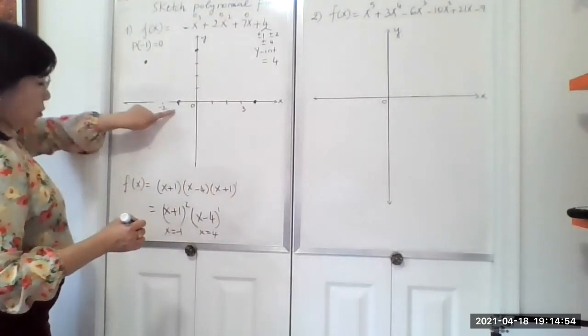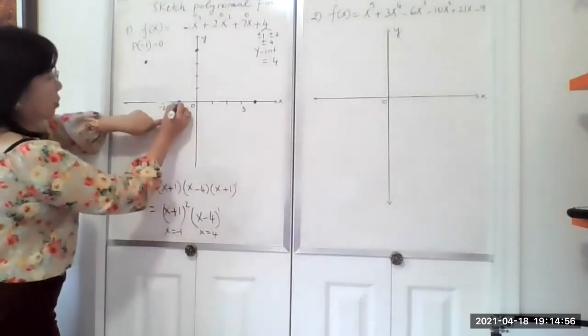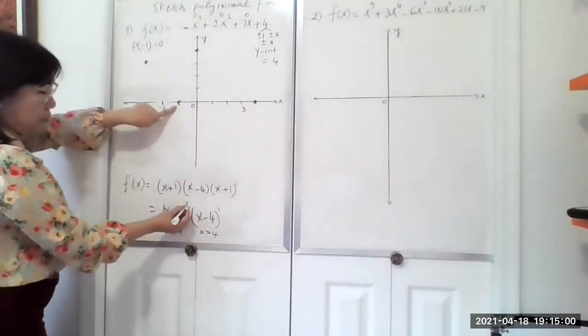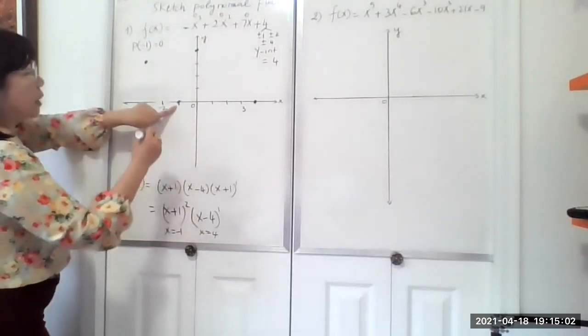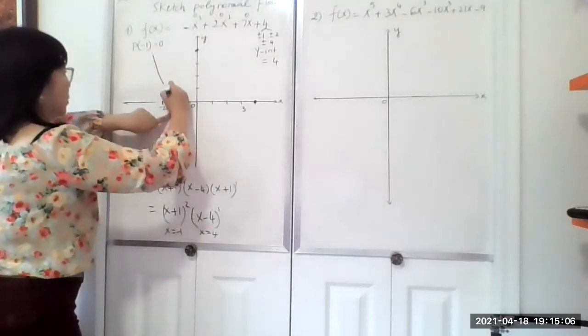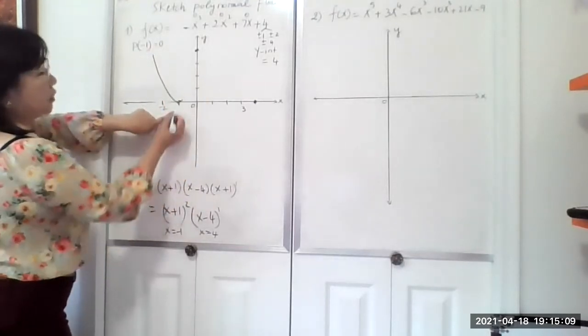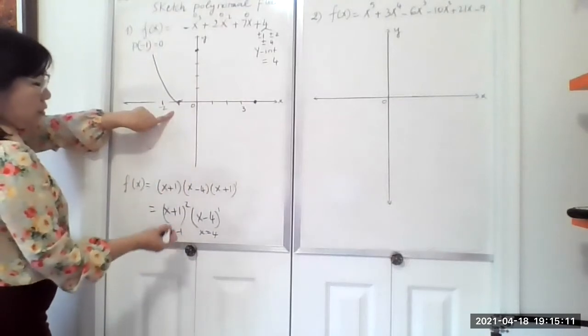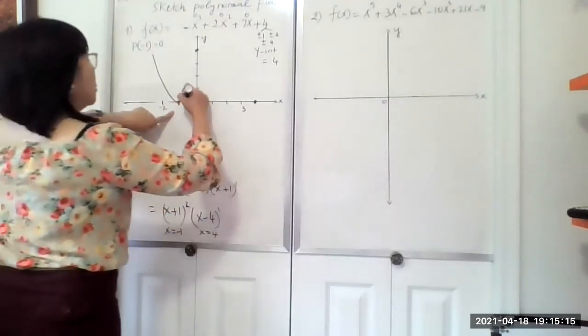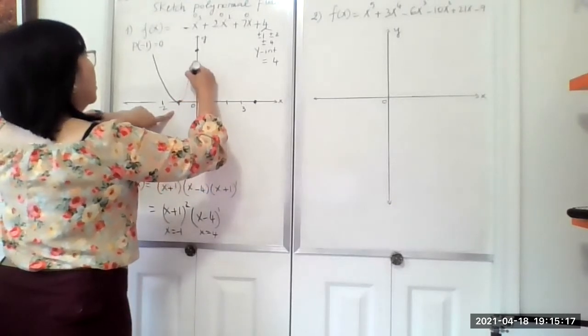We also know at x minus 1 right here, our function has a multiplicity of 2. So the shape is like a parabola. It's going to be something like this. Go through like that, just touch it and not cross it, because that's multiplicity 2. So now the function will go across this